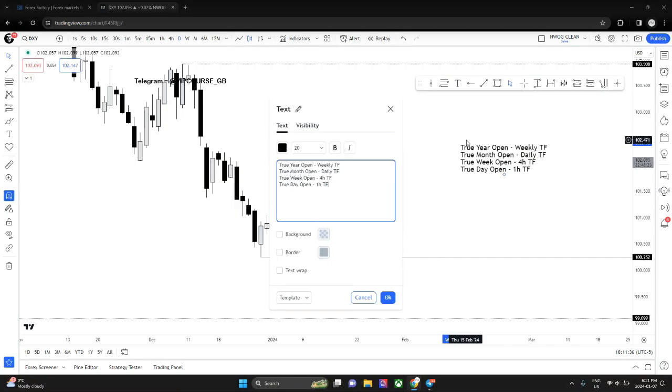So these are the correct time frames to use. Go into your charts, back test, tape read. Even today, go into your charts, you can look. So if you usually trade with the 4 hour time frame, then you will be focusing on the weekly cycle, right? And we'll go a little bit deeper for the true session open.